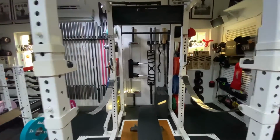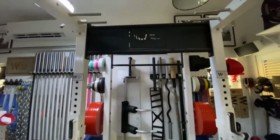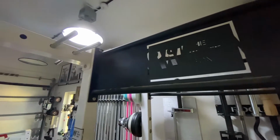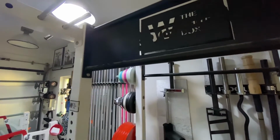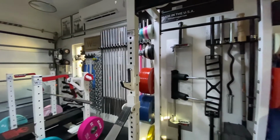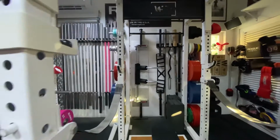Let me just see if I can zoom in a little bit on my logo. That was laser cut into there. I probably need to get some perspex to show that a little bit better. There we go. Okay, now, in terms of plates on this rack,